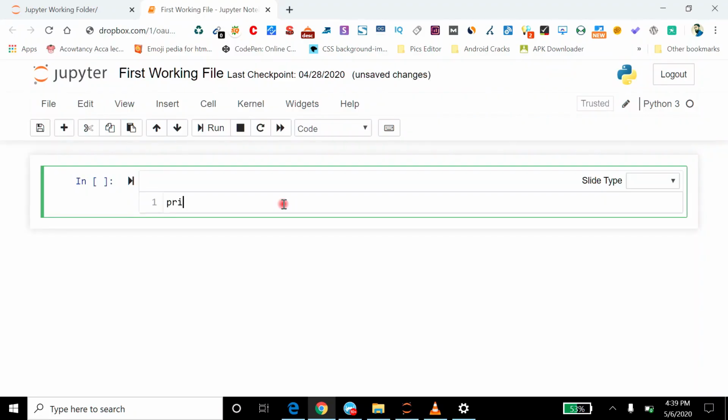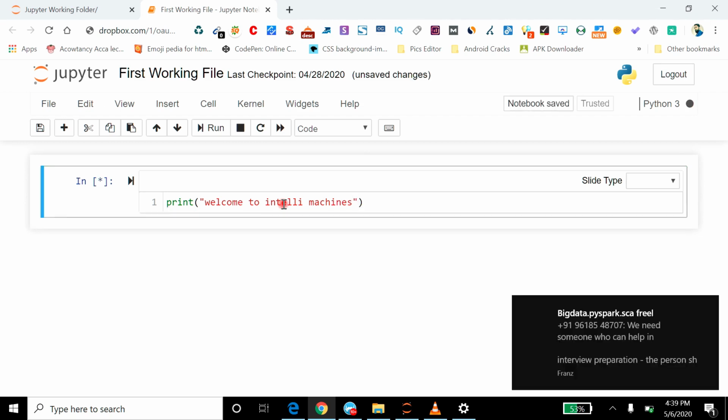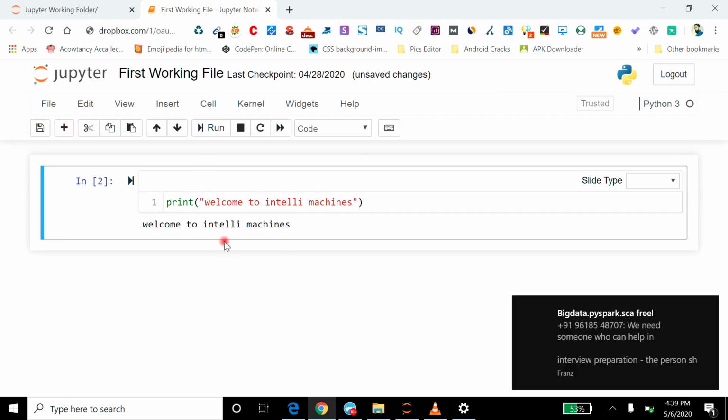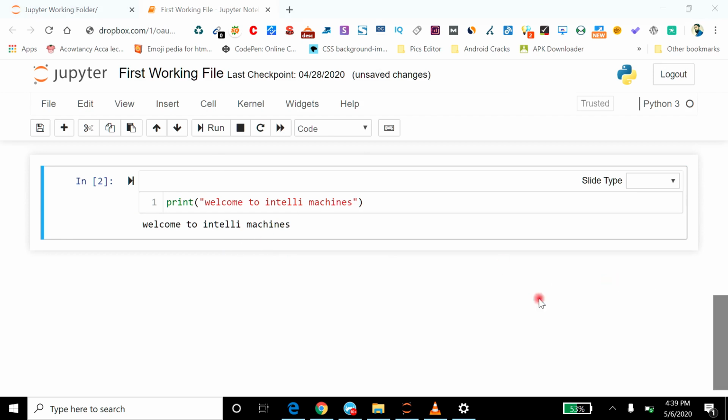Right now I am going to write a code. Welcome to IntelliMachines. You can see it has printed and given me this output, right? If I convert the same text into a markdown option, then it will not give me any output.